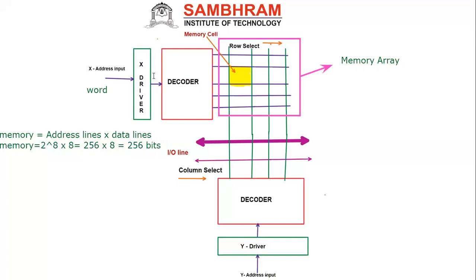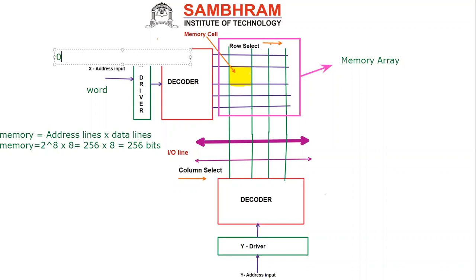So now the decoder, as you know, will select at a time only one row. You know the decoder truth table, right? So now I'll give the address. The address will be very small, 0, 1, 2, 3, 4, 5, 6. The corresponding decoder we have to design here. For example, if my data is 2-bit, what is my decoder size? It is nothing but N cross 2 to the power N. That is the decoder size normally. So if N is 2, then the output will be 2 to the power 2, which is 4. So I'll get here 0, 1, 2, 3. Then my size will be like this. I hope you know that, right?